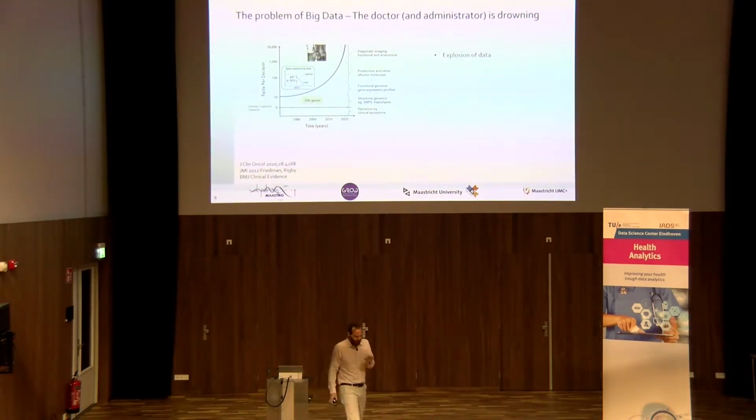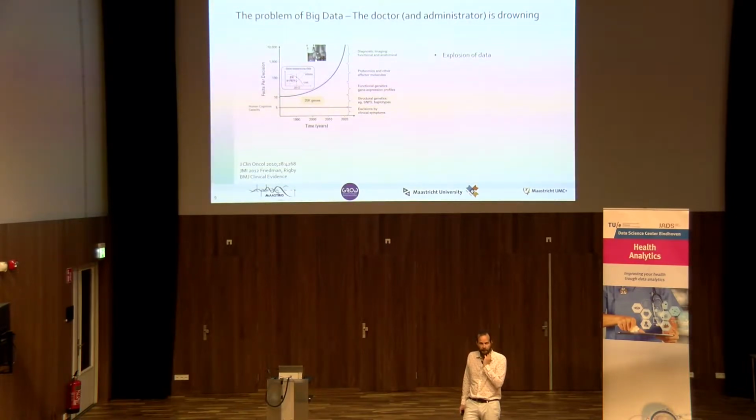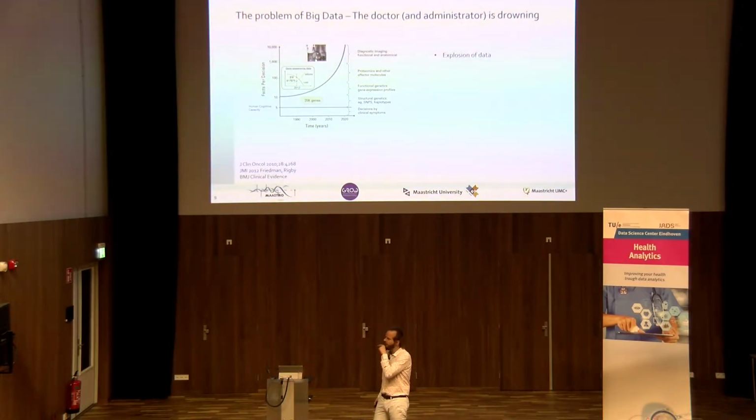So why is that a problem? Well, we don't really know, but we do know a couple of things. So first of all, the first problem is that the doctors see way too much data. Right? We throw data at doctors from imaging and from genomics. And the problem with doctors is, because they're human, a human can take 5 things into account when they make a decision. If you have more than 5 things to consider, you start making mistakes, and you can't weigh them properly. Okay? There's a reason why in the ER, there's on the wall a flow chart for chest pain, because there's more than 5 things to consider.